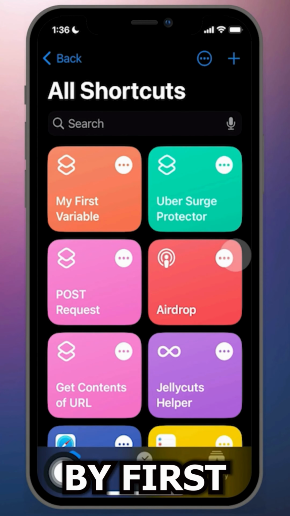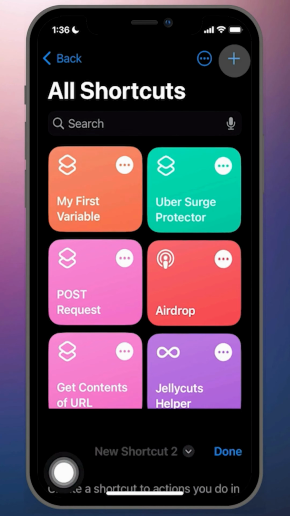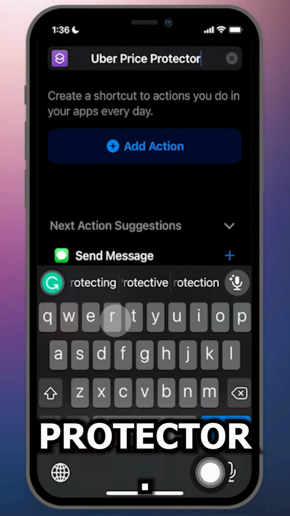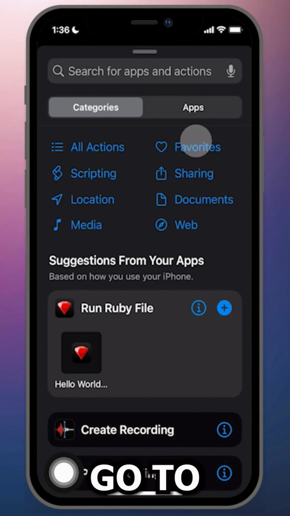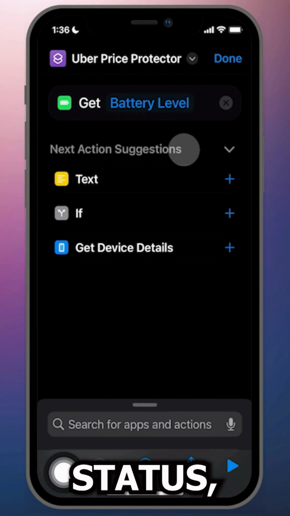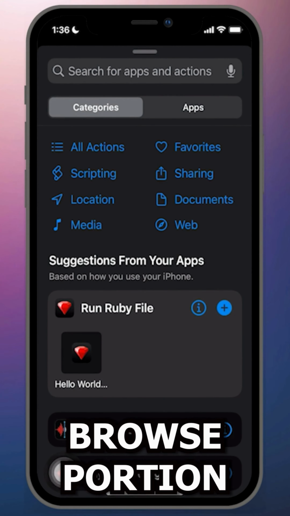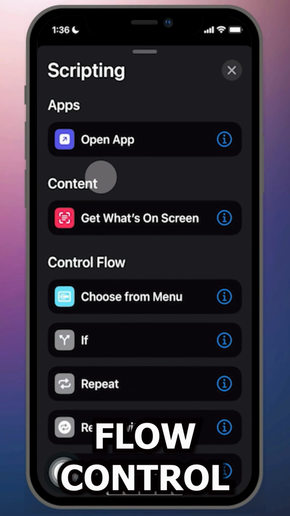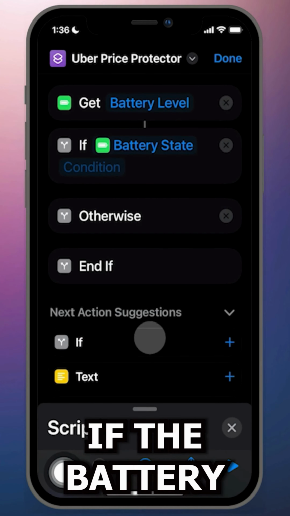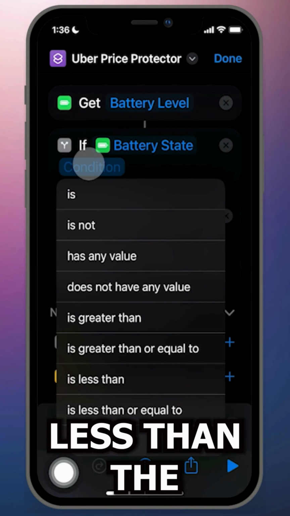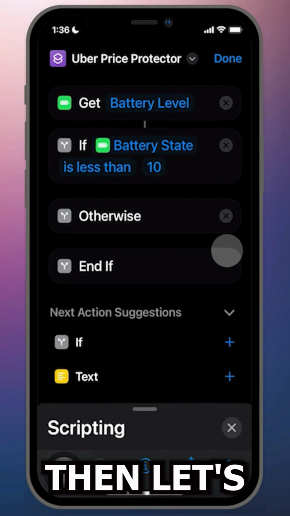And so we'll start by first hitting the plus symbol and renaming this Uber Price Protector. Add an action, go to the Finder and type in battery. Get battery status. Go to Browse portion from the bottom, tap Scripting, and under Flow Control, you will tap If. If the battery state, and now I will tap Condition, and choose is less than the number 10, then let's